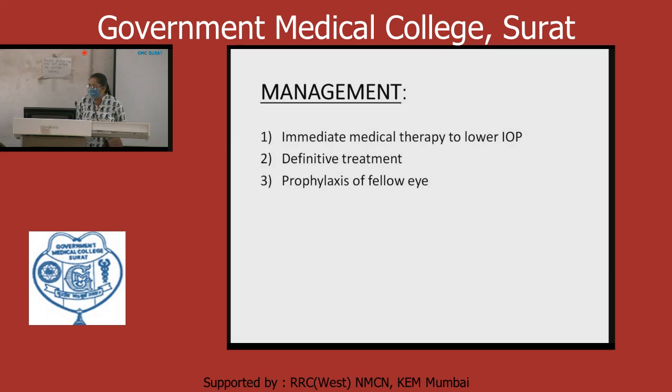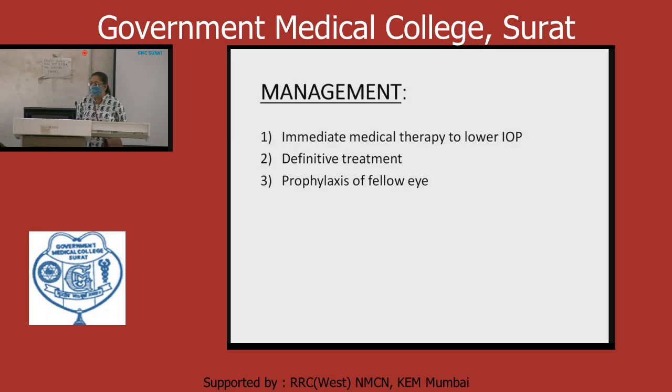Now, in the Society to Prevent Blindness, we have a role. What do we have to do? We have to do prophylactic PBI in both eyes. This is the definitive management. Otherwise, the patient may come into chronic angle-closure glaucoma. So, prophylaxis of that eye and the other eye. In both eyes we have to go for peripheral laser iridotomy, and usually we use the YAG laser.